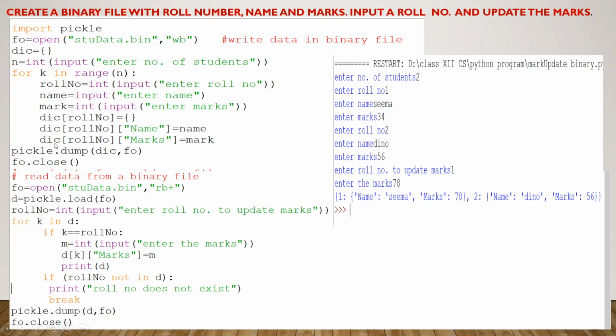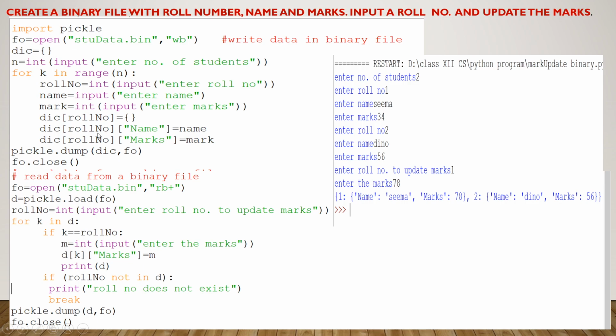So write the dictionary name and the main key is roll number, because this roll number is a variable. That's why I'm not writing this roll number inside double quotes. This roll number is a variable, so whatever roll number the user has entered here will act as a key. And after that, inside that roll number I want to create another key, that is marks. So inside this roll number there is another key, that is marks, and the value of this marks is mark. So whatever value is stored inside this mark,